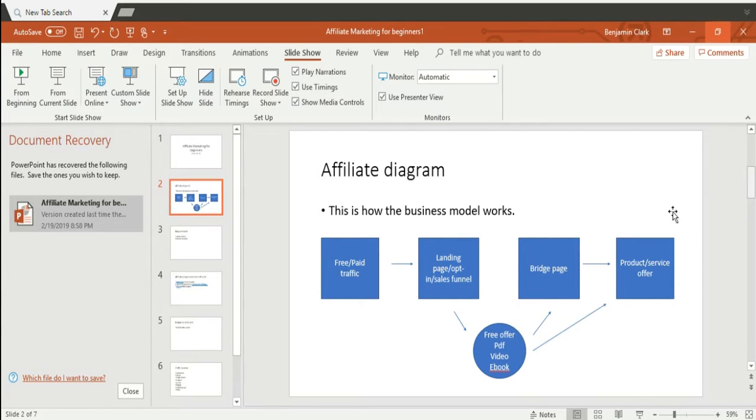Alright, so this is how the business model works. You're going to run either free traffic or paid traffic, whatever it is that you decide to use, which in general you should use both, but we're going to get into that a little bit later. But free or paid traffic, you're going to use that to run into a landing page, an opt-in, or a sales funnel. Now, for those who don't know what a landing page is, it's a one-stop page that pretty much